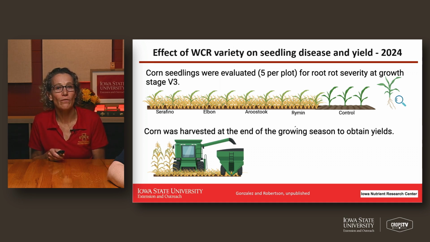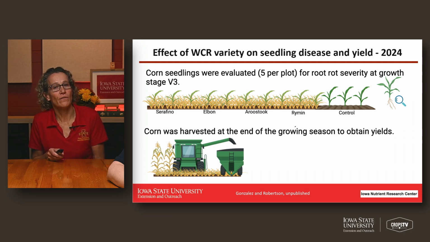And we also know, from work done by Tom Casper a couple of decades ago, that different varieties can cause different amounts of yield drag on corn. So what we wanted to look at was whether that was related to seedling disease and also to yield drag. This is a figure from one of Esteban's posters, showing that we have these 4